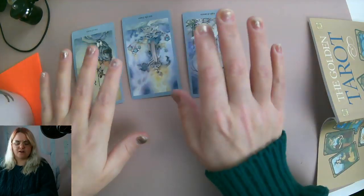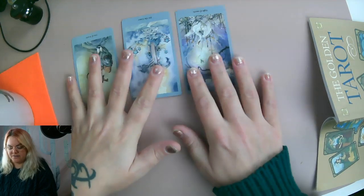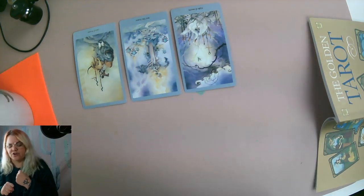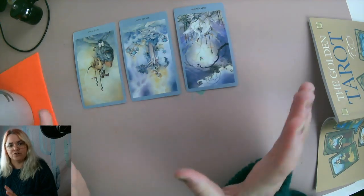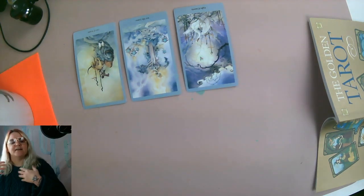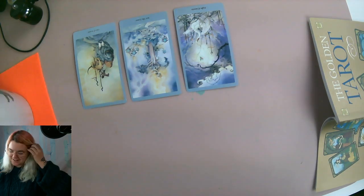All right. This card is a warning for your future relationships. Often when tough situations happen, you introspectively turn the sword on yourself and take all the blame. It's a warning that when you do finally seek out love, you should always open the lines of communication and allow people to be